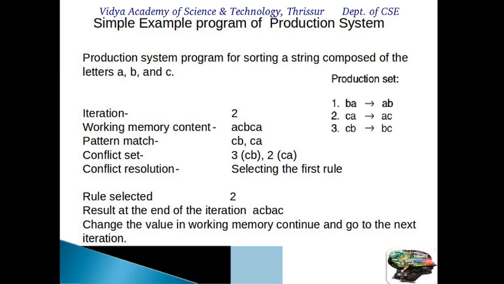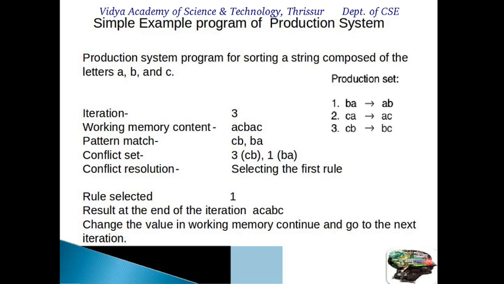That action is taken in the memory, and the memory is rewritten. Again it will iterate to the next stage. The condition is checked whether BA is there, whether CA is there, whether CB is there. Then accordingly a pattern match is formed. CB and BA are there. CB is a condition, corresponding rule is 3. BA is a condition and corresponding rule is 1. Action is BA to AB.